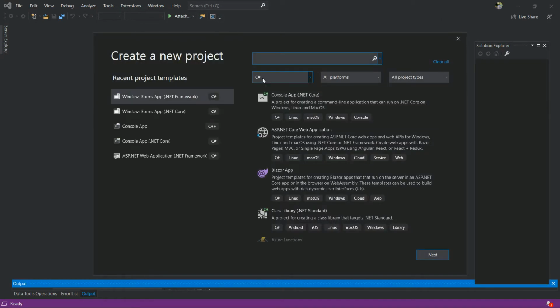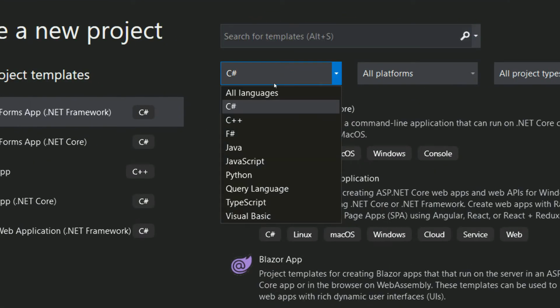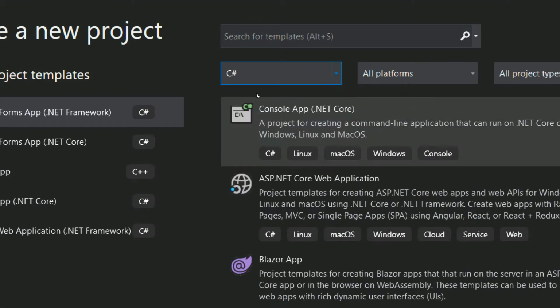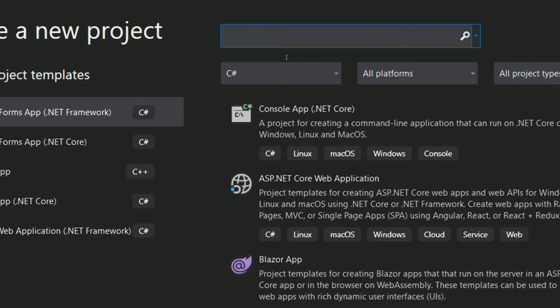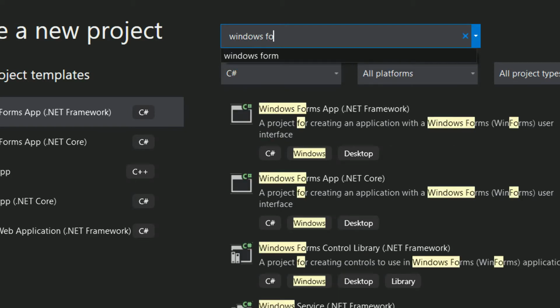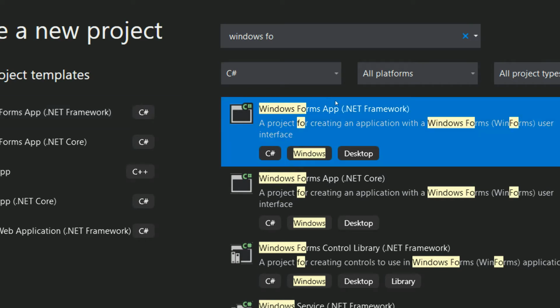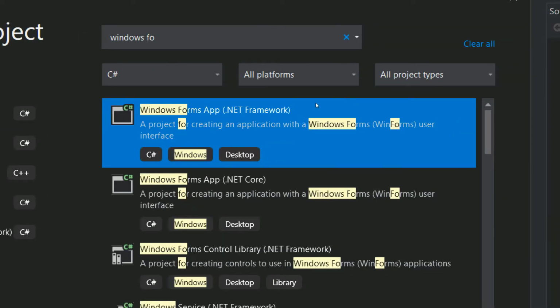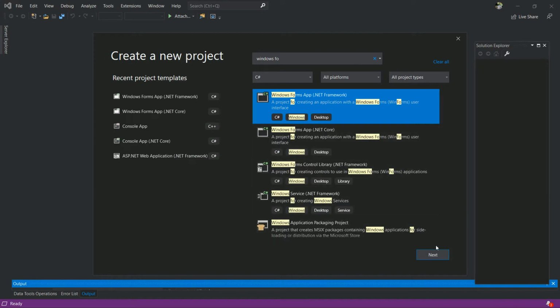After that you can see this interface. After that select C# and select Windows Form application .NET Framework. Select it and after that you have to select next.